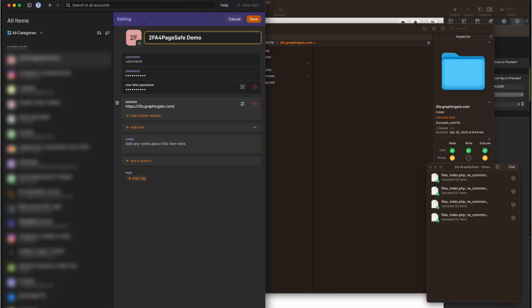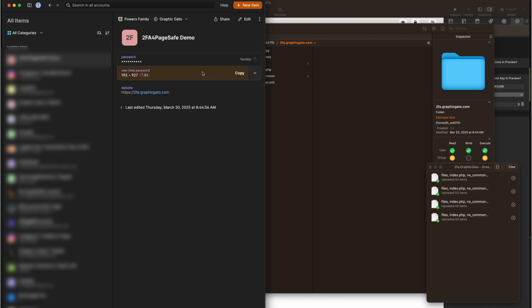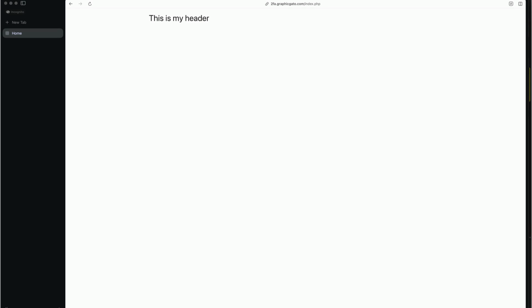Again, we're using 1Password. I'll click Edit. Select this one-time password secret key. Replace it with the new one. Save it. If I were to go to the website and I wanted to test this, I notice that I'm